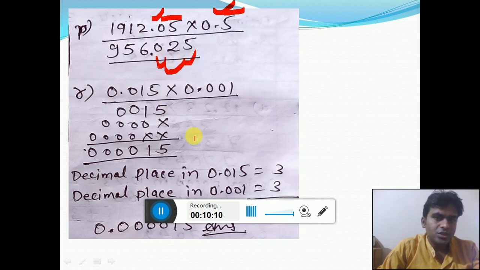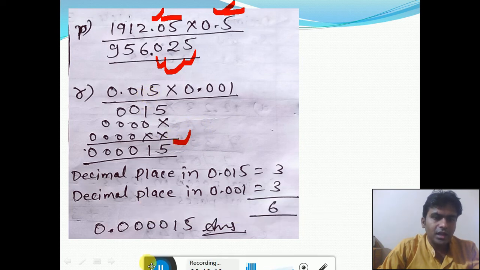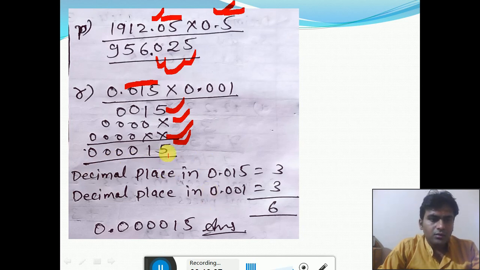And this question is also very simple, you only have to multiply the numbers and decide where to put the decimal point. How? If you multiply by 1, you get the same number here, 0015. Now multiply by 0 0 0 and by 0 0 0, so we got 4015. 4 times 0 and 15. Now 4 times 0 15. Now how to decide where we have to put the decimal place?